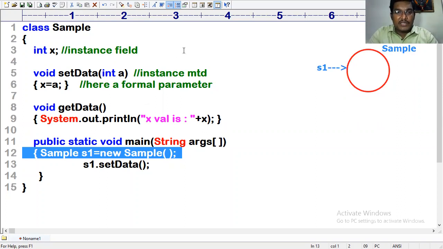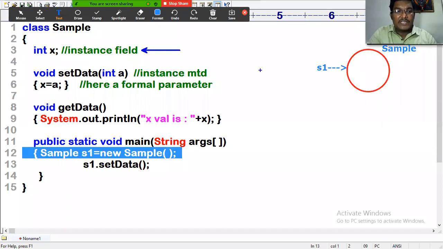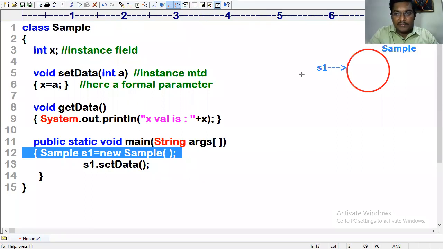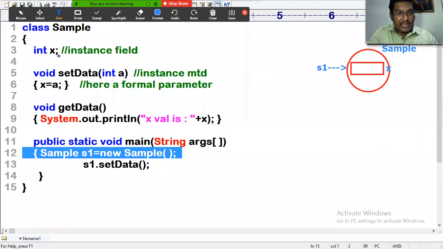We are requesting all the participants to kindly notice that whenever you create an object for the class, for the instance fields, we have only an instance field in the class. For the instance fields, memory is allocated within the object. If you notice, the memory got allocated for the variable X. But again, at line number 3, have we initialized any value to X? No, we didn't initialize any value.